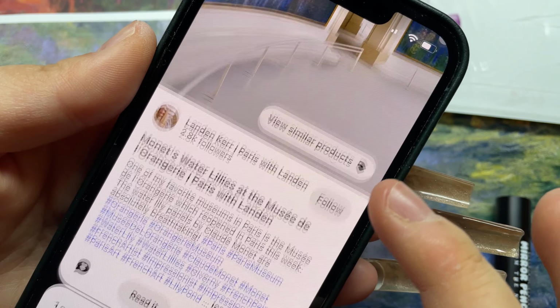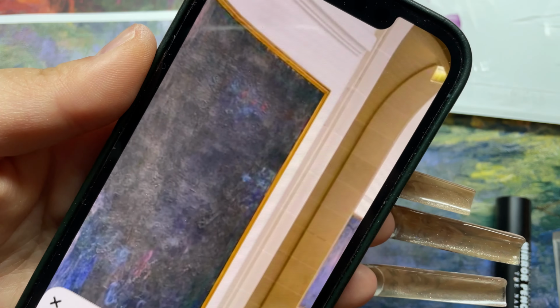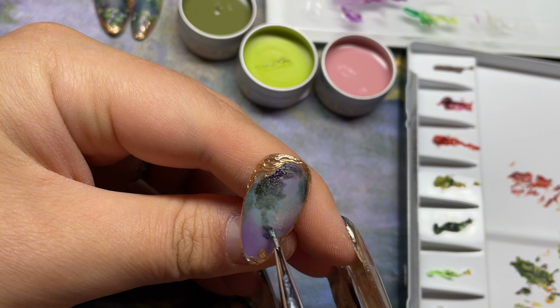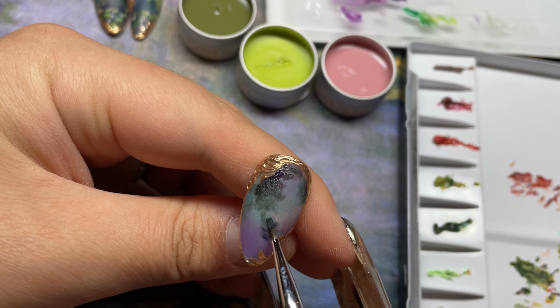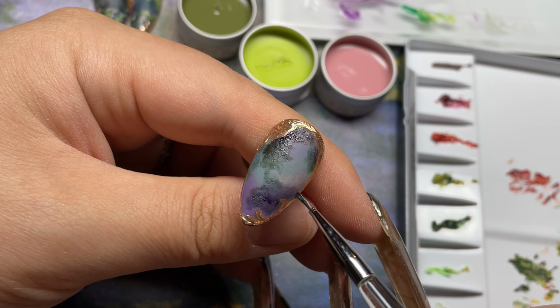These are the thumbs and middle fingers first. And then I was just trying to look on Pinterest to see what I should do for the surrounding nail base colors. The way that painting is displayed against the backdrop of cream white looked pretty nice to me. But to be safe, I just decided to go ahead and start doing the water lilies so that I could